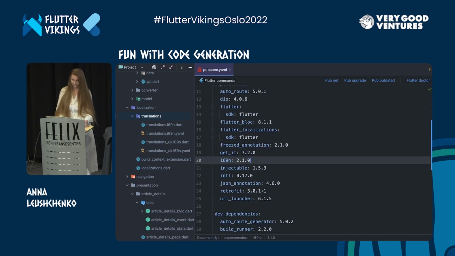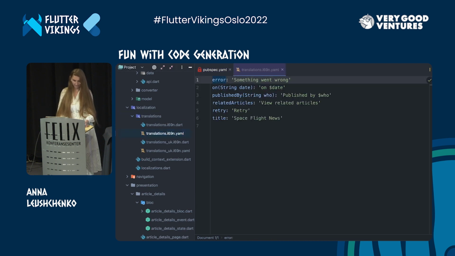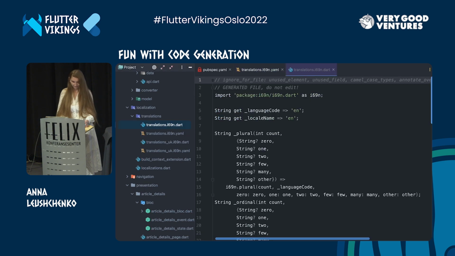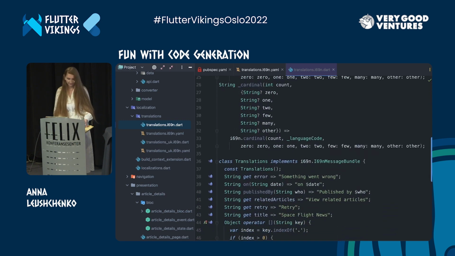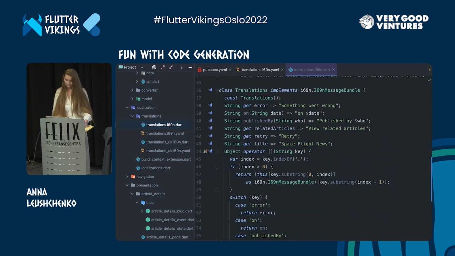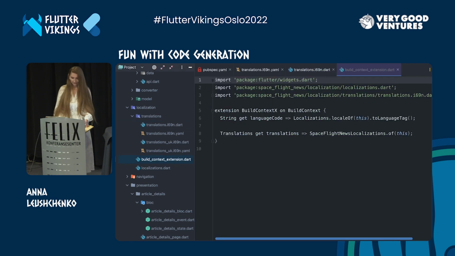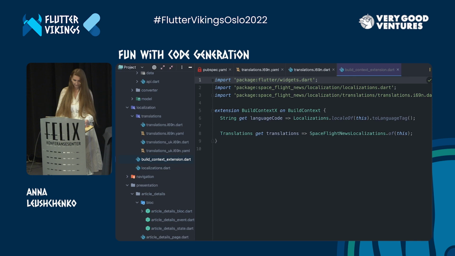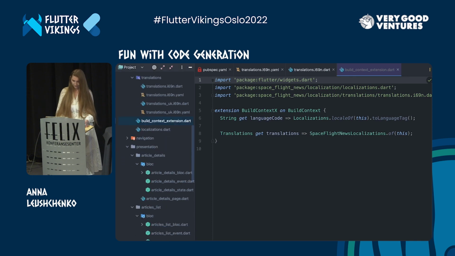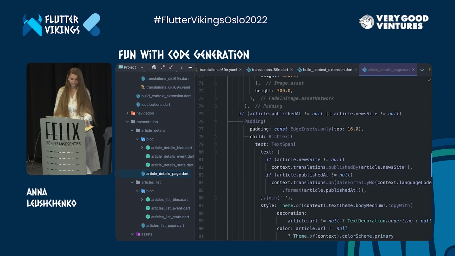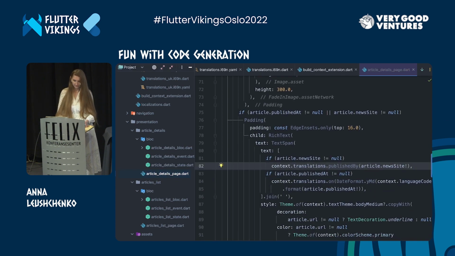Here I have it among dependencies. It allows me to declare all the translations in a YAML file with this special extension. Then it generates Dart classes out of those YAML files, keeping field names. Thanks to the delegate I showed previously, I can read the current translation class from the context. And this allows me to have build time checks of the correctness of the string key and supports placeholders and plurals. i69n package has more features, including Flutter hot reload. As usual, I recommend checking the docs.